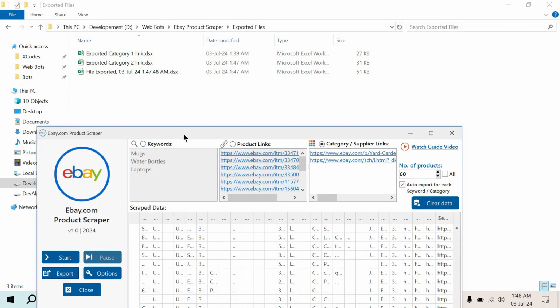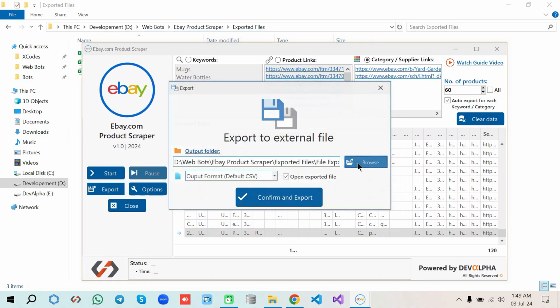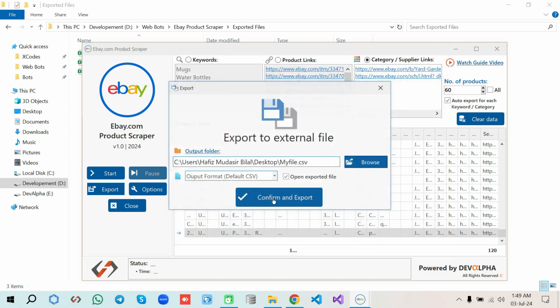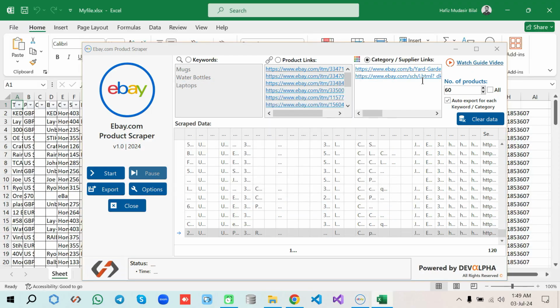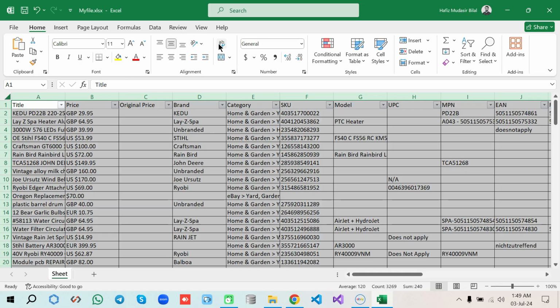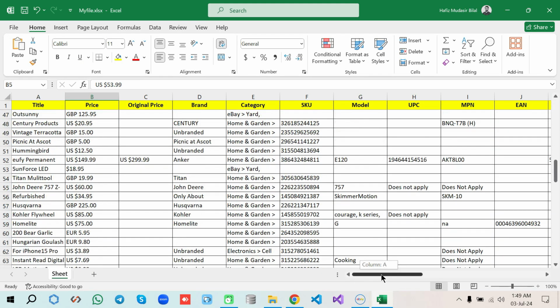and now I'll show you how to export this data manually. Click the export button and specify your output location, like my desktop, and choose your file name here and choose your desired output format, and this option will open the file after exporting. Now it has exported the file and we can further edit this file. Let me show you how. Okay, our file is ready for use